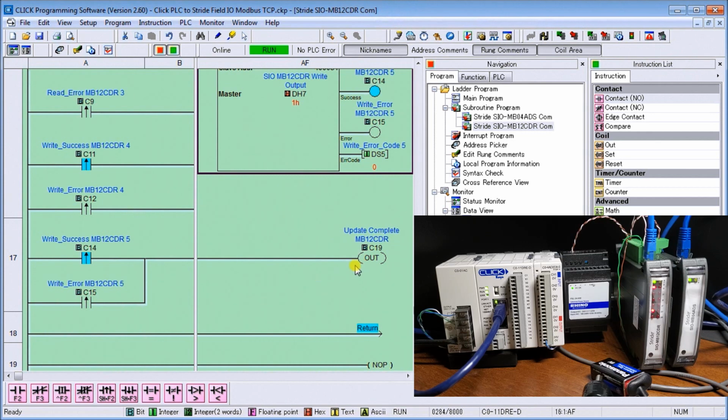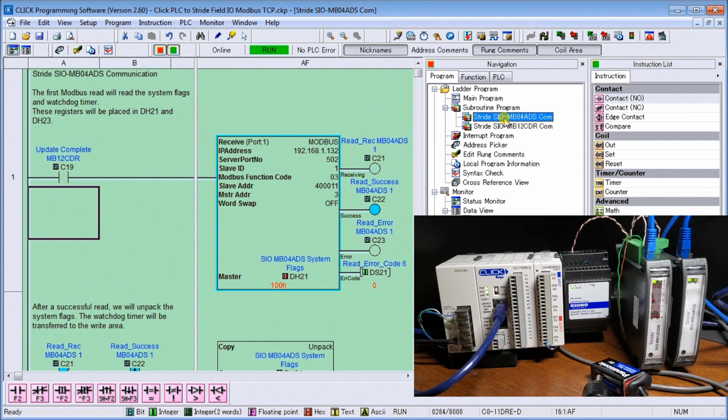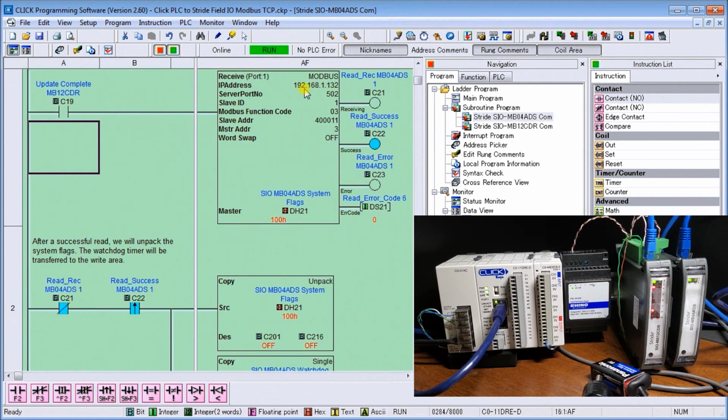So let's now look at our analog in, and again it's going to be very similar to what we just did. We've taken the update completed output from our other module and used it to trigger the next read for my analog card. The only difference basically is we have changed our IP address to 132 now. So once we read that information, again we start at slave address